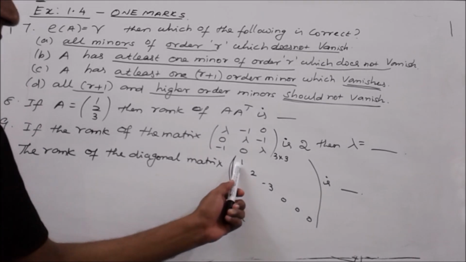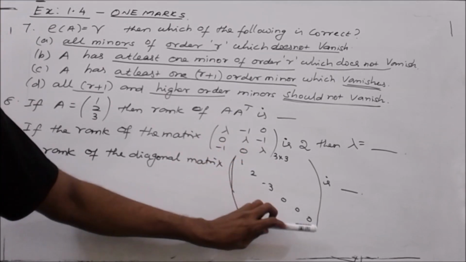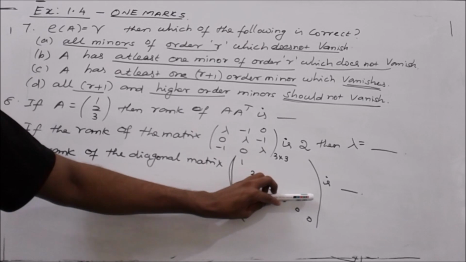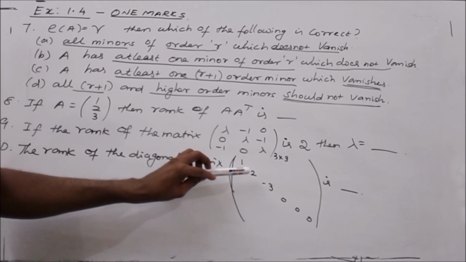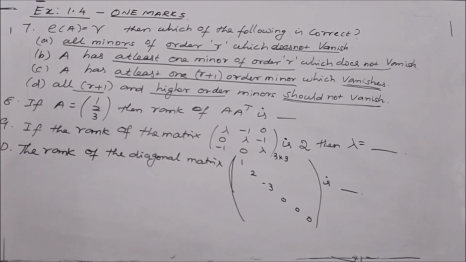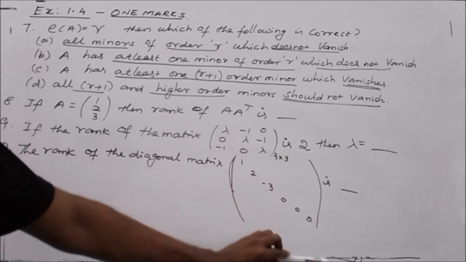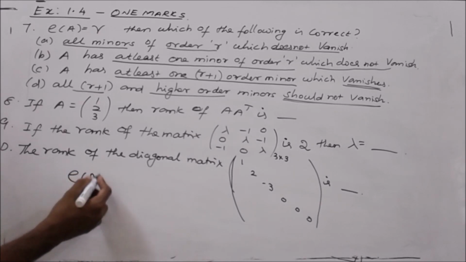In that, we have only diagonal elements. Here all the entries are 0. This is a 0 row. Another one is a 0 row. Another one is 0 0. The last 3 rows are 0 rows. And here minus 3 is non-zero, 2 in this row is non-zero, in this row 1 is non-zero. So count the non-zero rows and that will be the rank. So there are 3 non-zero rows and the remaining are all 0 rows. Therefore rank of A equal to 3.